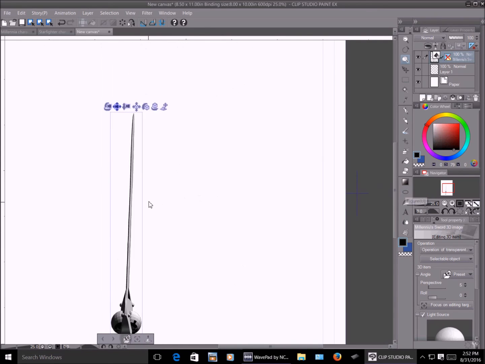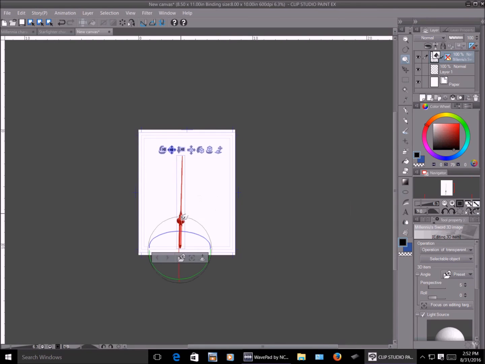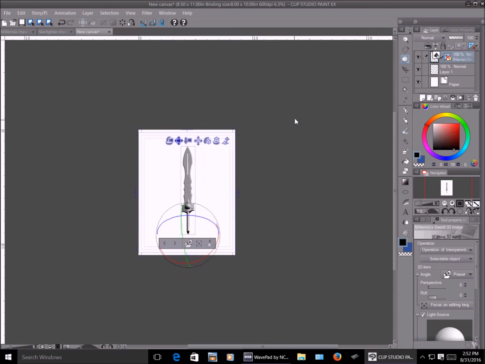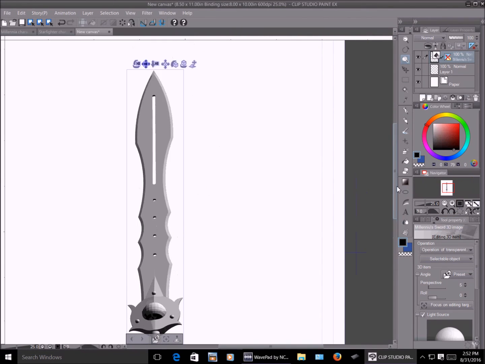Let's back out a little so I can see it a little better. Okay, let's say that's good enough. It's really not about drawing, it's about actually saving the object.